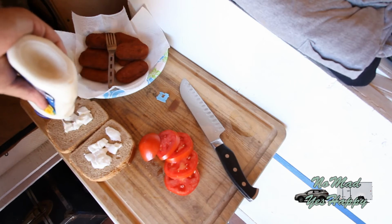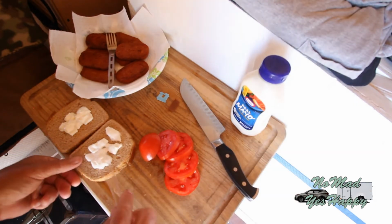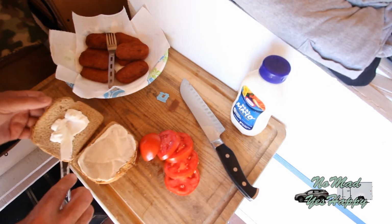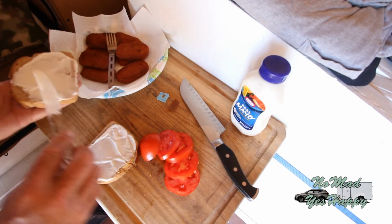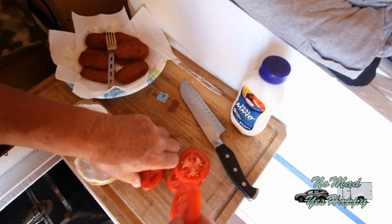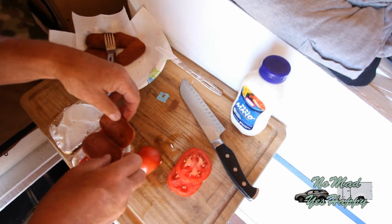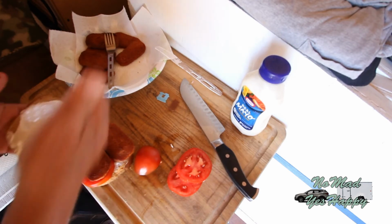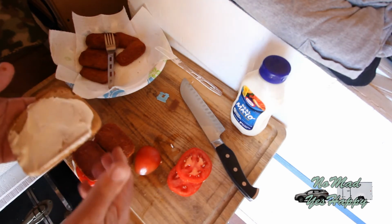Okay, some mayonnaise. Some of you are going, hey, have some mayonnaise with your sandwich there. I like mayonnaise. And this bread is really dry, so it needs a little help. I think probably get a couple of tomato slices on these. A couple of slices of bacon. If I could get 3 on there, probably not. So you could make 1, 2, 3, 4 sandwiches out of that. Need another tomato probably, but